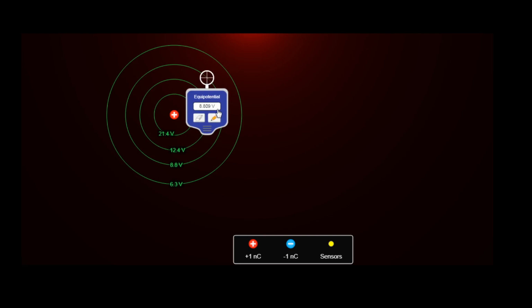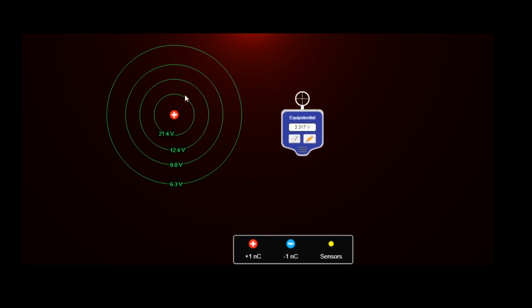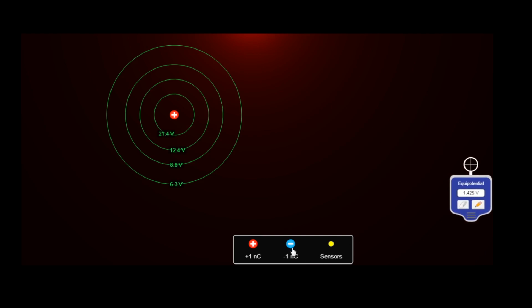Hence an equipotential surface is the surface on which the potential at each and every point is the same, or we can say the potential difference between two points, suppose this is 8.8 and here also it is 8.8, so what is the potential difference? It is 0. And what is the nature of equipotential surfaces for a positive charge? It is concentric spheres. Now say for a negative charge,